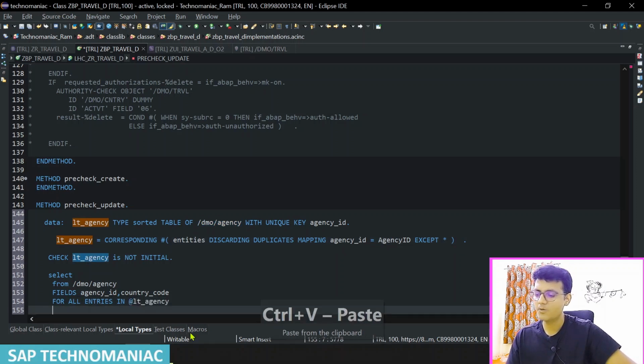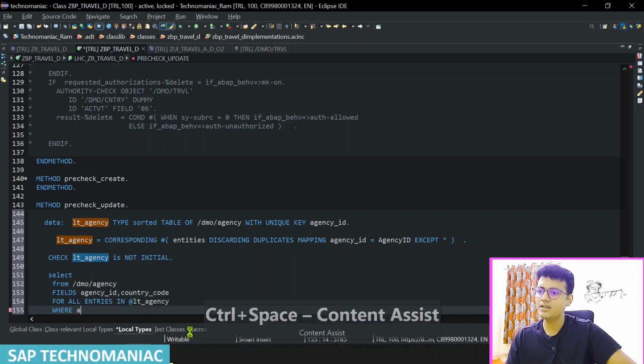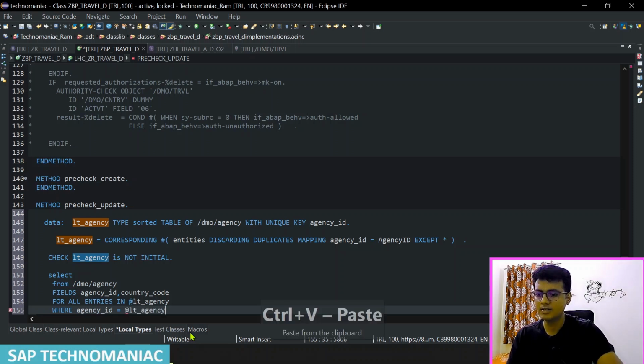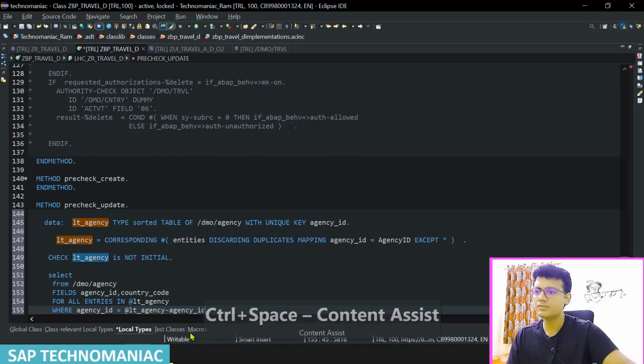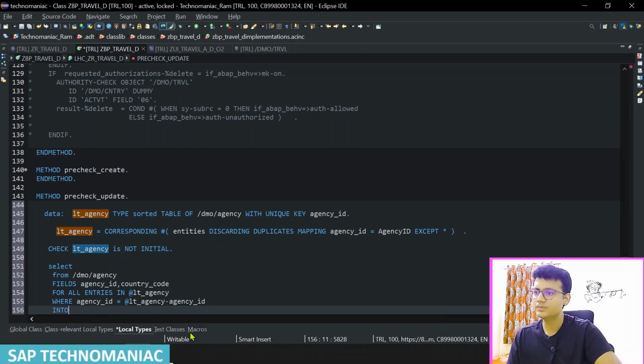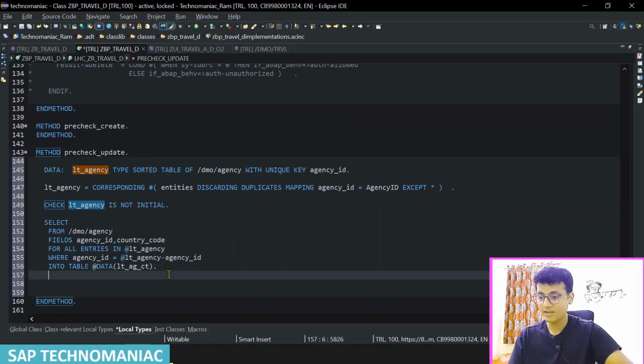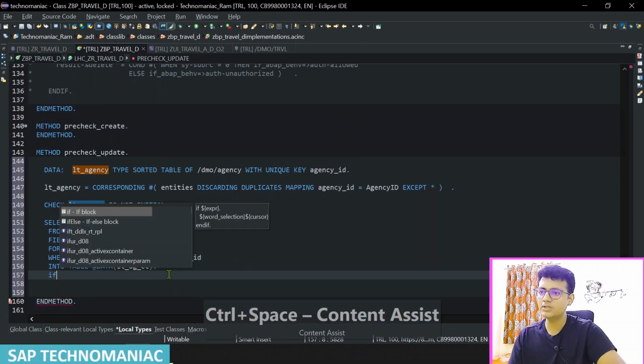@agencies, where agency ID, again I will pass like this, it should equal to @agency ID, into table @data, and I will get all the details into my table called LT underscore AZ underscore CT. I will write this time so it will be shorter. So I will have all the data. Shift F1. So I go to all the country codes because I want to check the authorization against the country code. Now if sy-subrc is equal to initial,